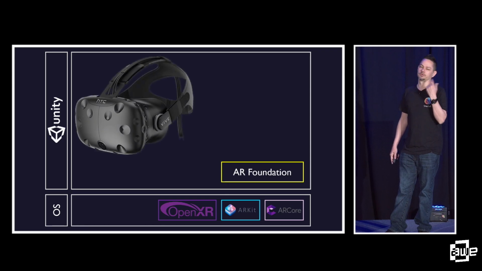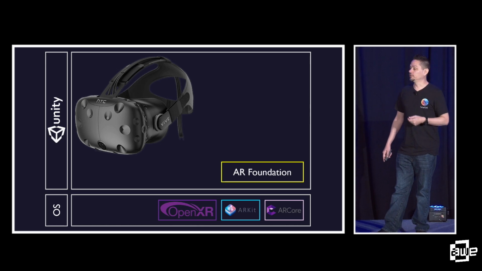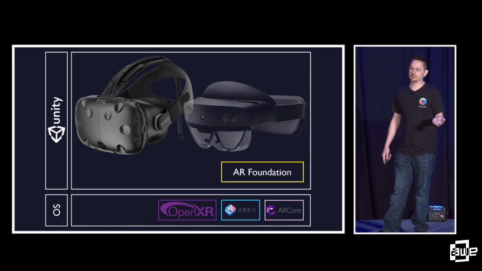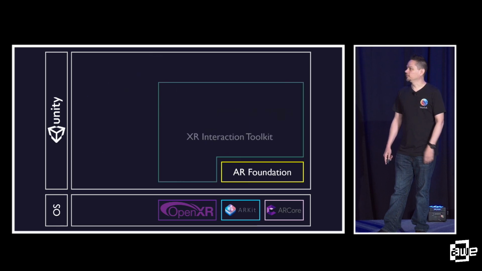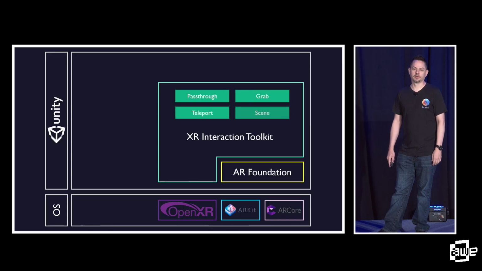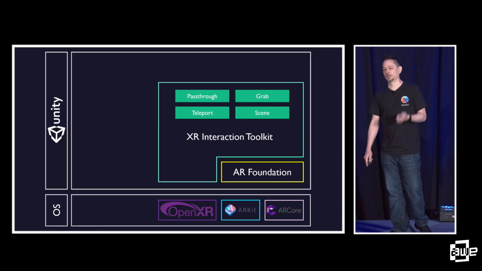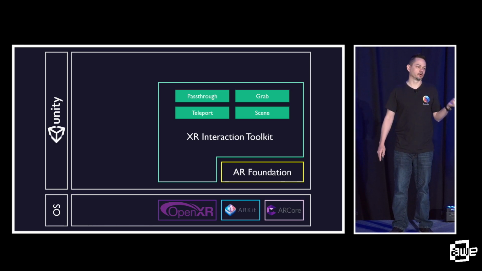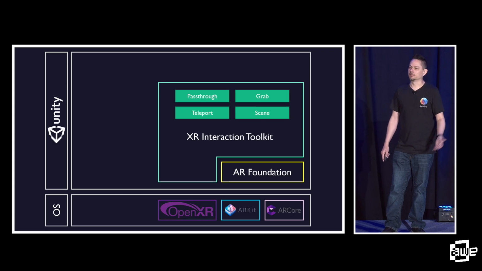OpenXR was originally around VR headsets. So think the Vive, right? But eventually other manufacturers did adopt this. Microsoft added OpenXR support to HoloLens. Magic Leap has added support for it, et cetera. And so again, Unity said, oh, hey, now that we've got AR glasses, this looks like something we've done before, right? So they created the XR Interaction Toolkit. This library gives you things like teleport, grab, video pass-through, scene understanding, all these building blocks for building mixed reality applications.